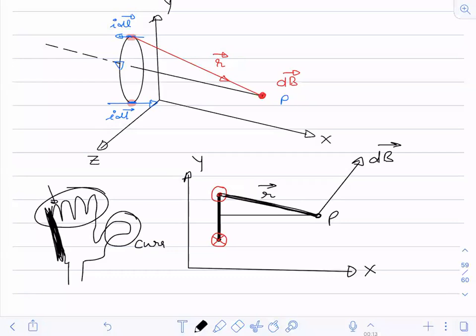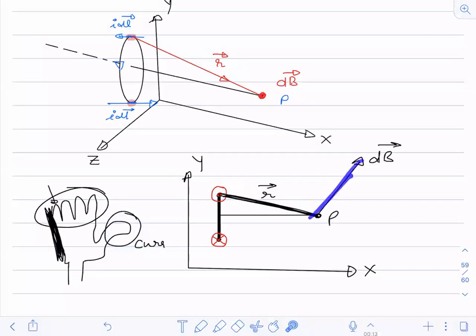So if this is the palm, this portion of your palm you have to place over here. And then you will find that this thumb will be pointing towards you. Then take a pen and keep it on your palm. Actually, you have to draw the perpendicular on the palm.